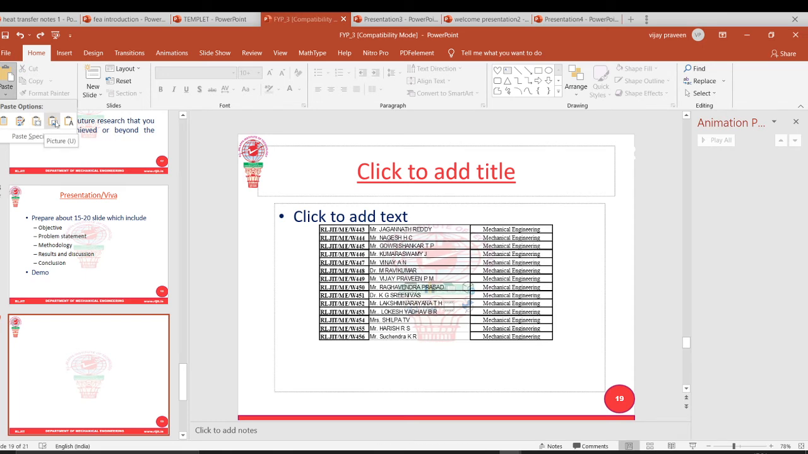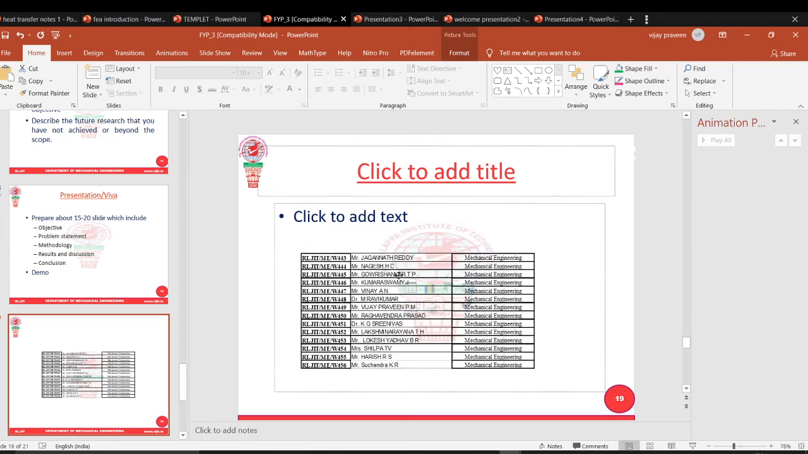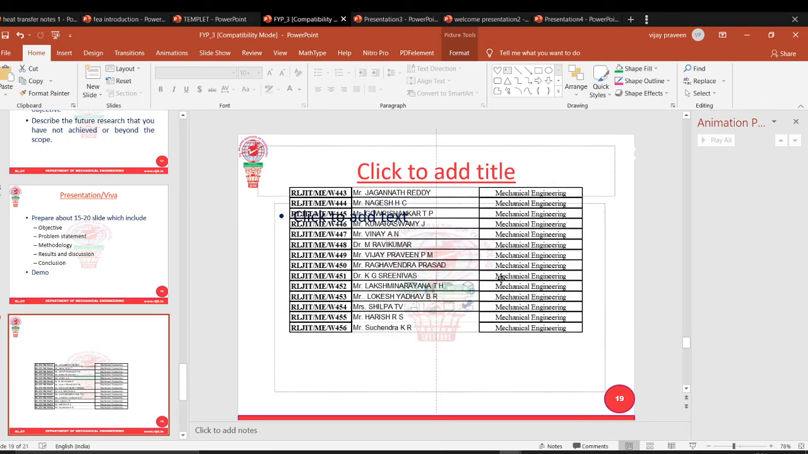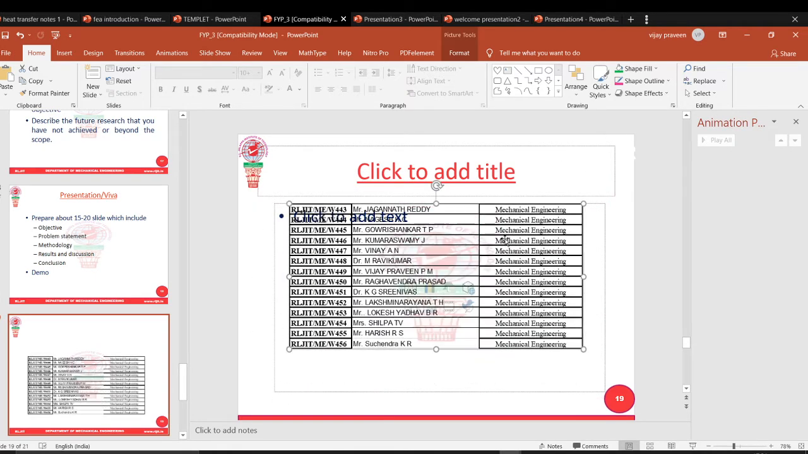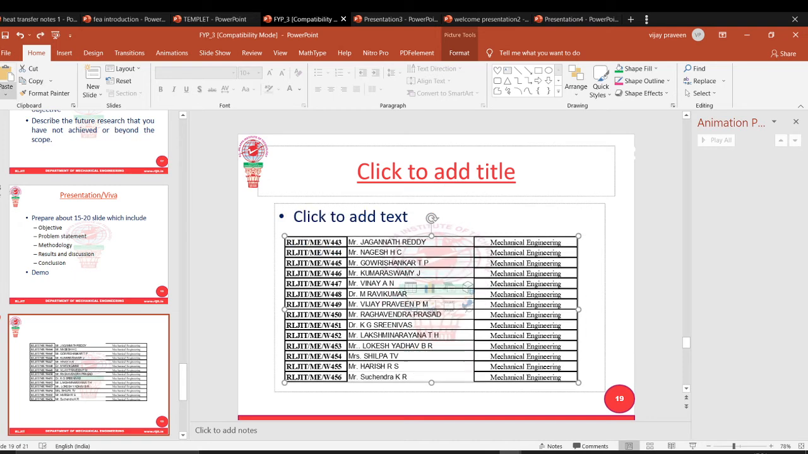I don't want to keep it like a table. I want to keep it like a picture. Then automatically it will convert into a picture. Now you can't change anything. It becomes like a picture. Control Z. Or one more option that will come is